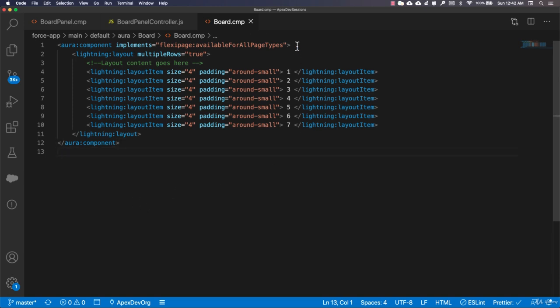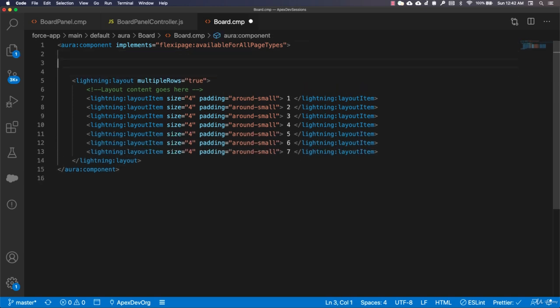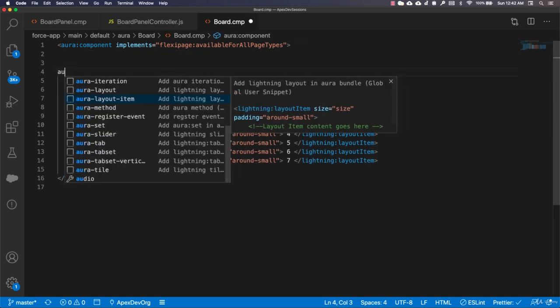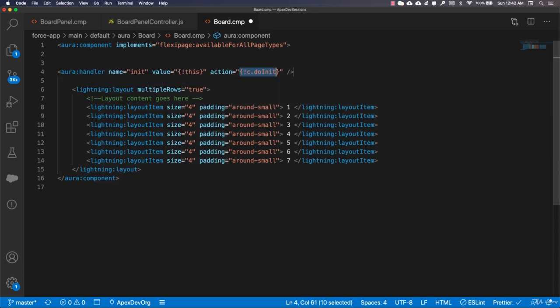So first I'll start from the top, and here I'm going to have an Aura handler. Let me use handler here. So now to handle an event, you need to have a component called aura:handler. And after that, you need to specify the name of the event that you are handling. Then the value, if you want to pass any value to this event, and then the action. Here in this action, you need to pass the JavaScript method that you need to call when this event is